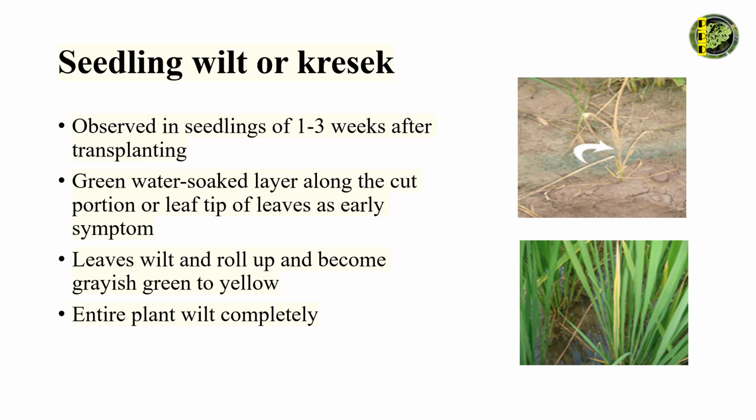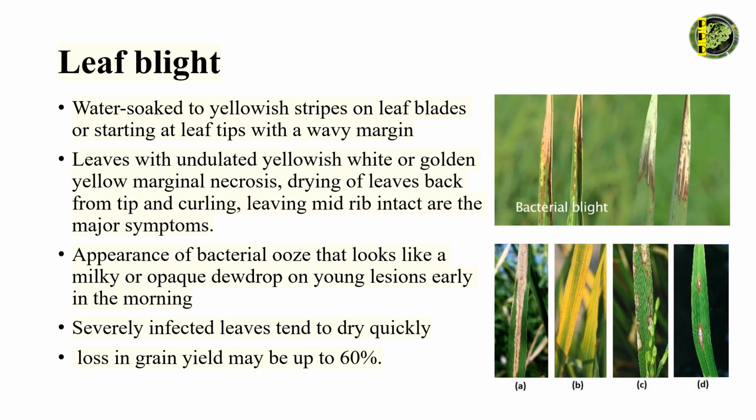observed in the pictures. The other symptom is the leaf blight phase, where water-soaked yellowish stripes appear initially on the leaf blades. These symptoms may also start appearing from the leaf tips with a wavy margin. With disease advancement, the leaves undergo necrosis, turning yellowish-white or golden yellow in color, leaving the midrib intact as seen